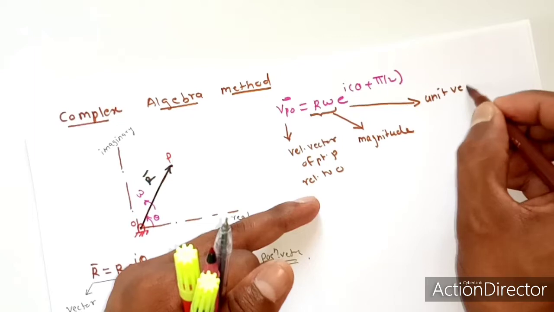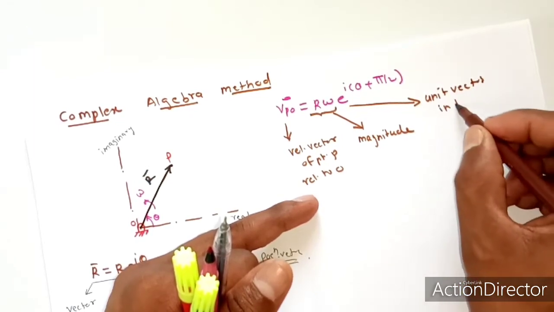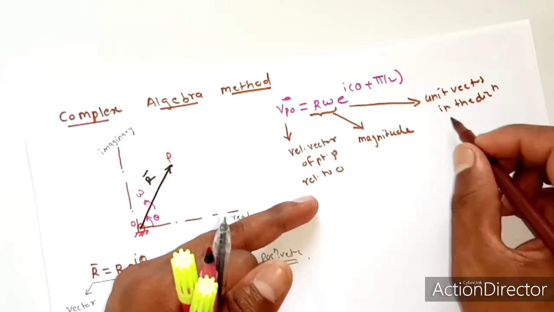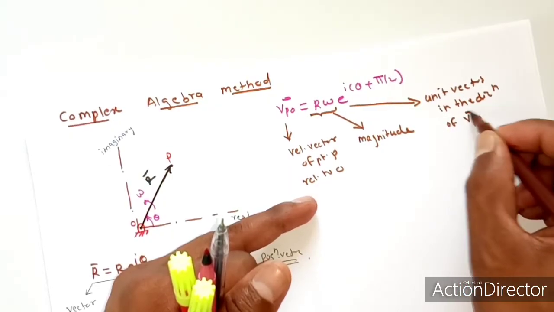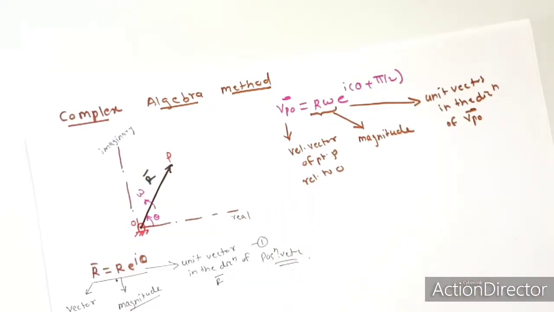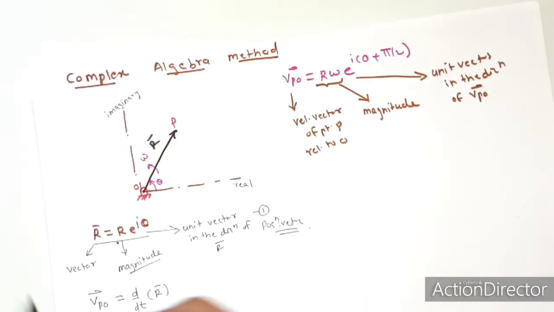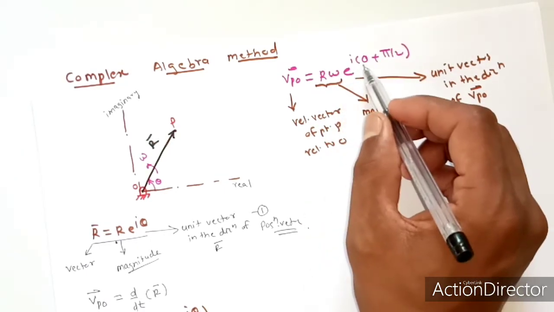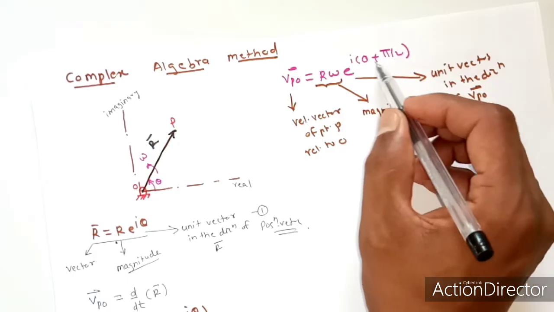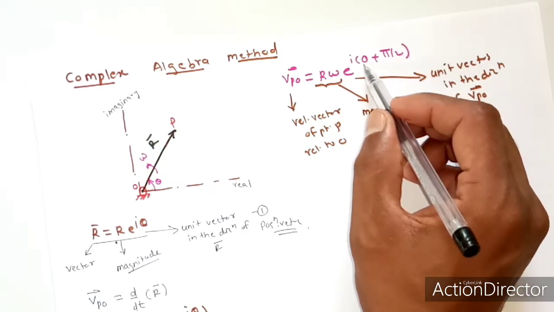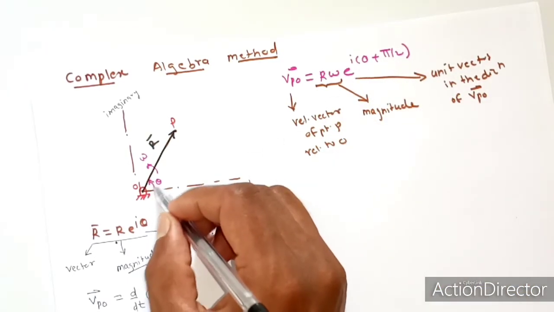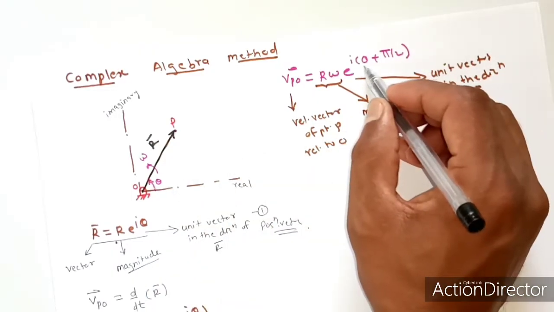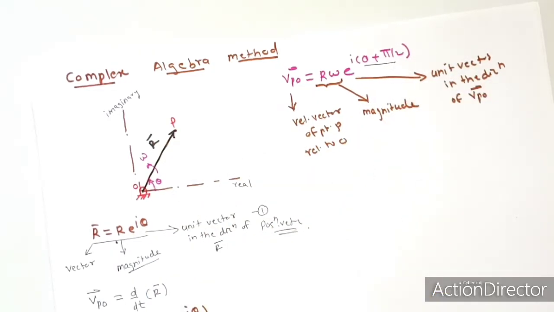And e raised to i theta plus pi by 2 is the unit vector in the direction of velocity vector, the unit vector in the direction of v bar, which indicates the direction of velocity of P relative to O. Now from this equation, you can see magnitude is r omega and the direction of the vector is e raised to i theta plus pi by 2. That means it is leading the position vector, which is at theta, by pi by 2. So we can represent this vector like this: